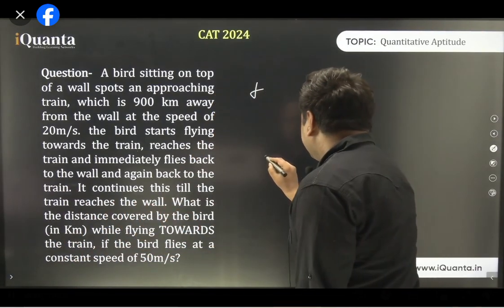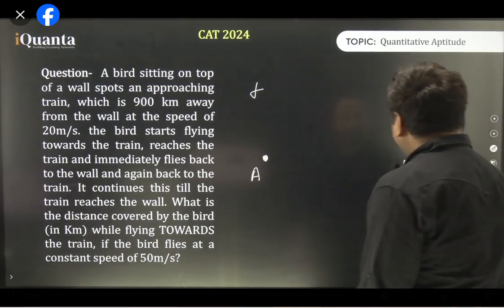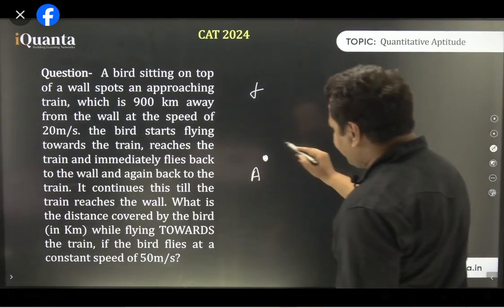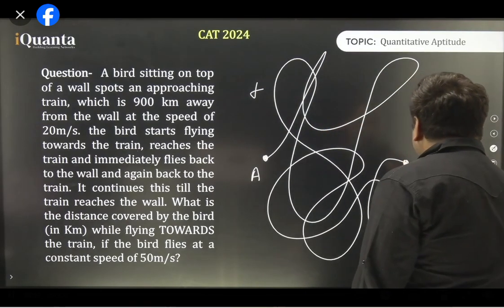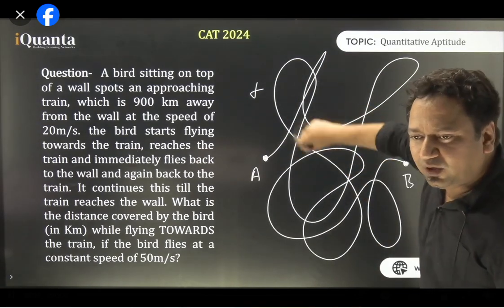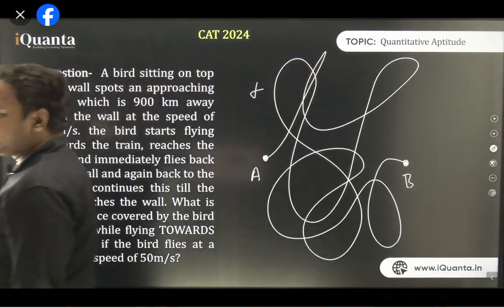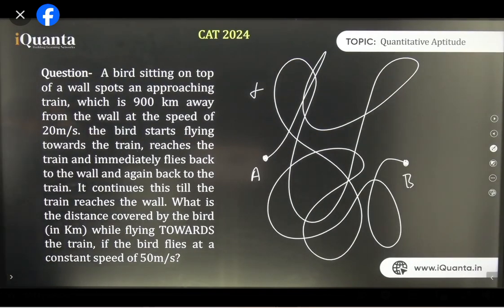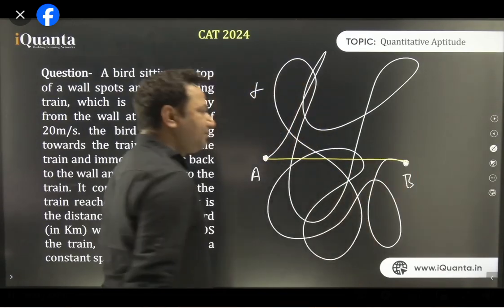Let's say there are 2 points. This is point number 1, this is point number 2, point A to B. And I'm moving from A to B. So let's say I'm moving like this. I went here, then I kept on moving, did this, and I reached B. So my distance is this whole curve, and my displacement is just this yellow line. Yes or no?